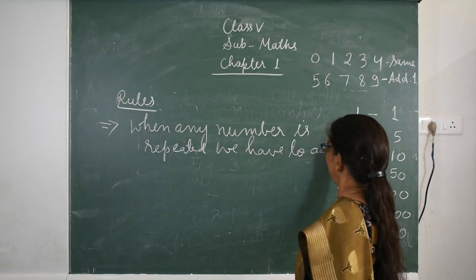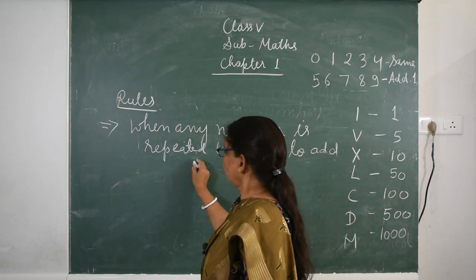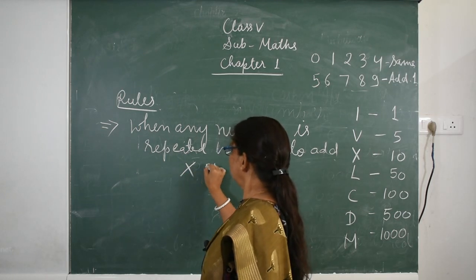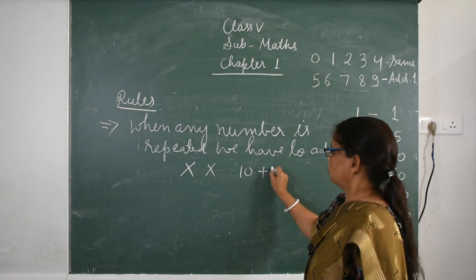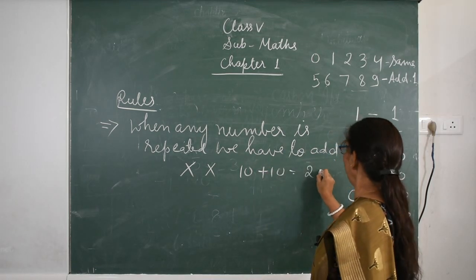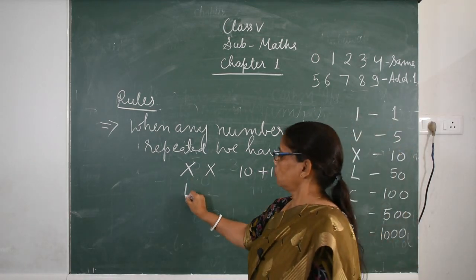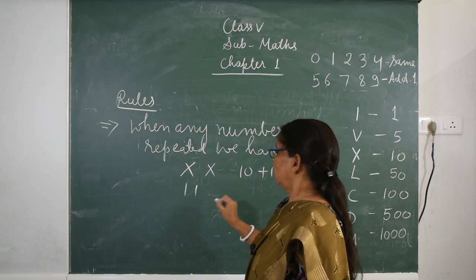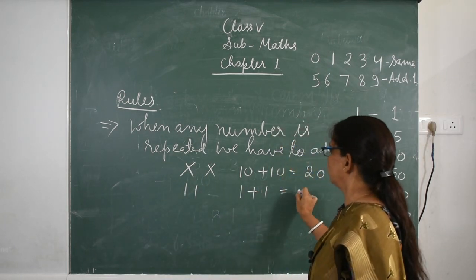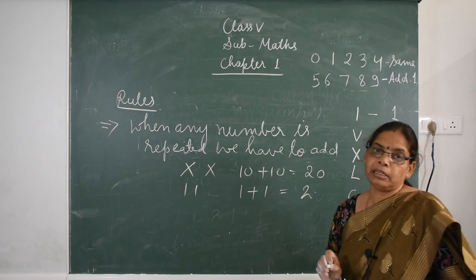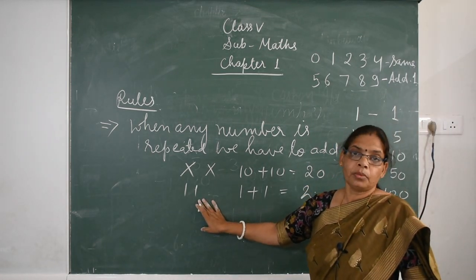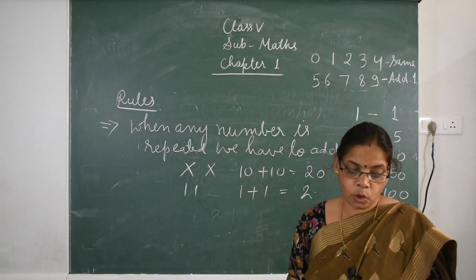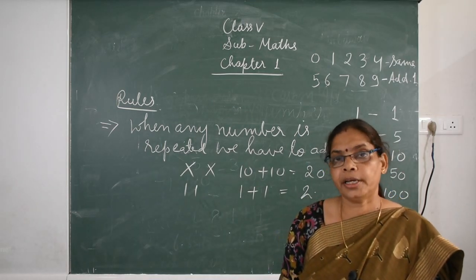For example, X stands for 10, so XX is 10 plus 10, equal to 20, and II is 1 plus 1, equal to 2. So always remember, children, when a number is repeated, we have to add it, and no symbol is repeated more than